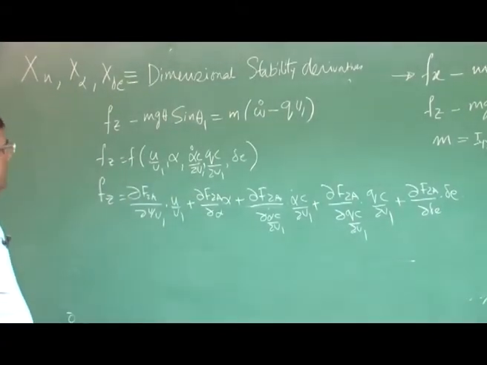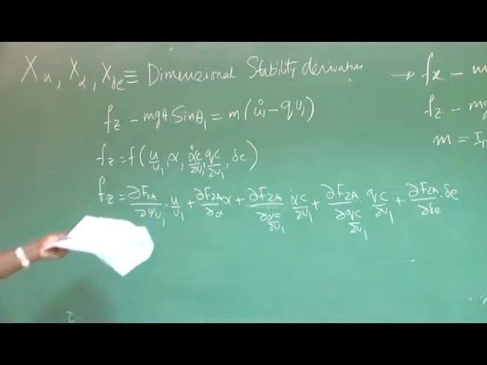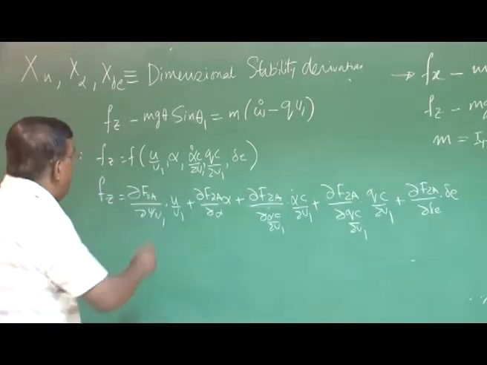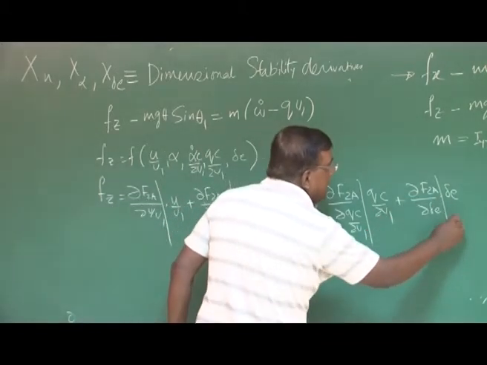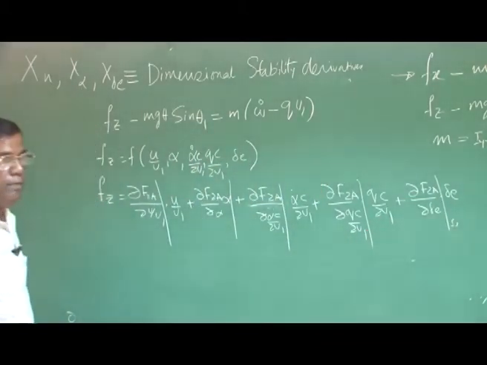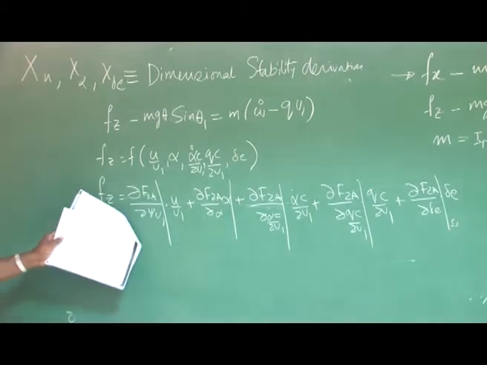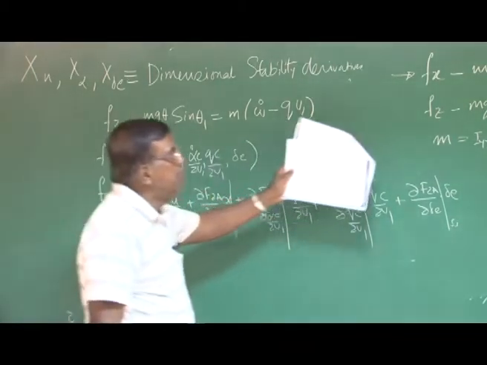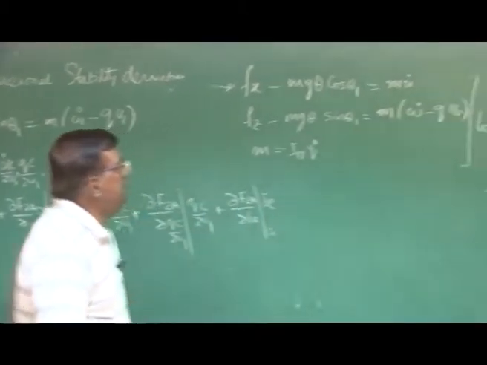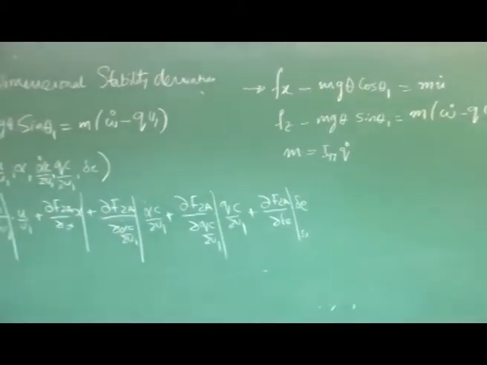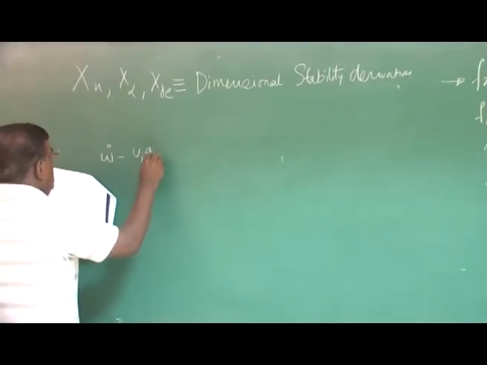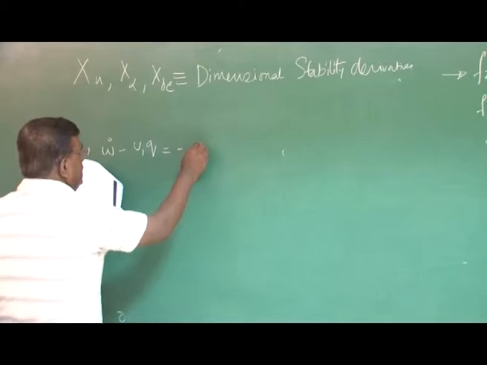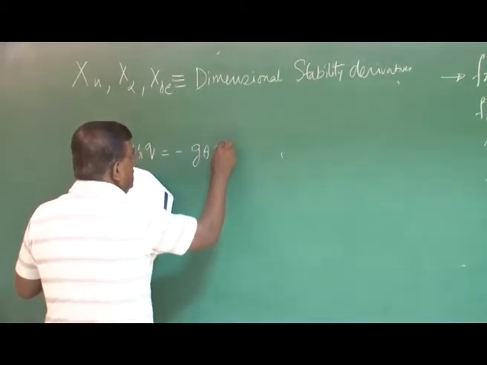Okay, so what is the next step? We have already learned that when we handle the Fx equation, we have to substitute the expressions derived for this, this and this at steady state. Already those expressions we have identified and derived. We substitute those here and complete this equation. And once you do that, you will get